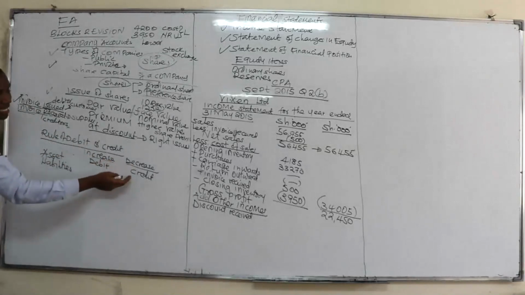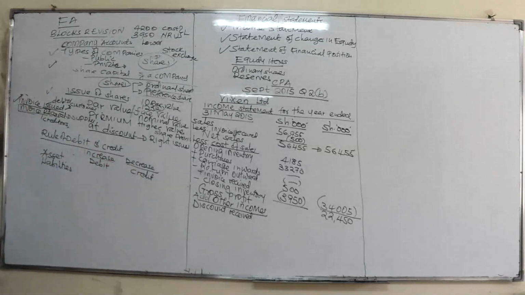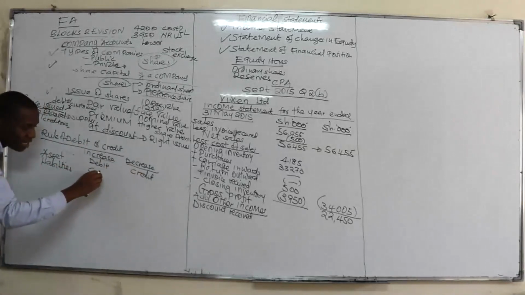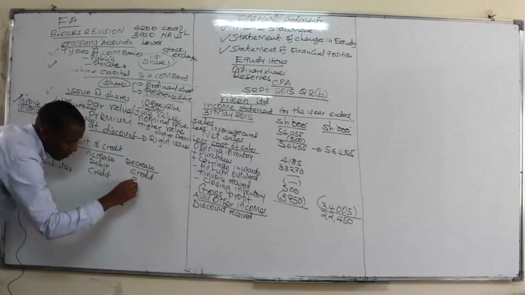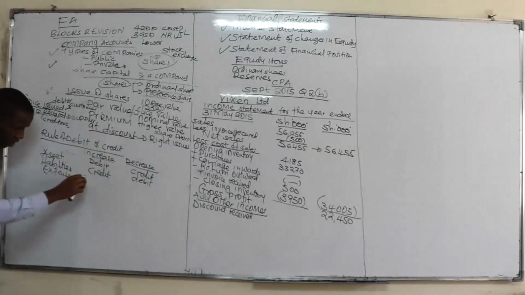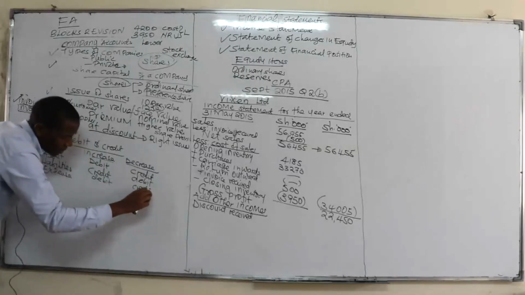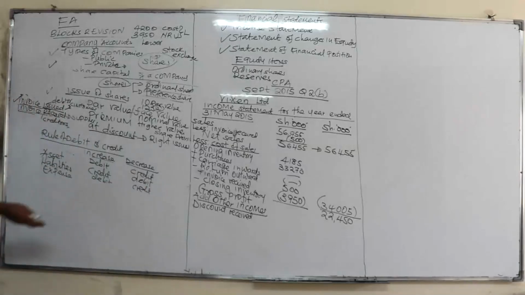Remember, in this case, a decrease as a result of depreciation. So if it is a liability and it increases, you will credit, then you debit. If it is an expense, you will debit, then you do what? Credit. So the reason why we debit an expense is that you are paying